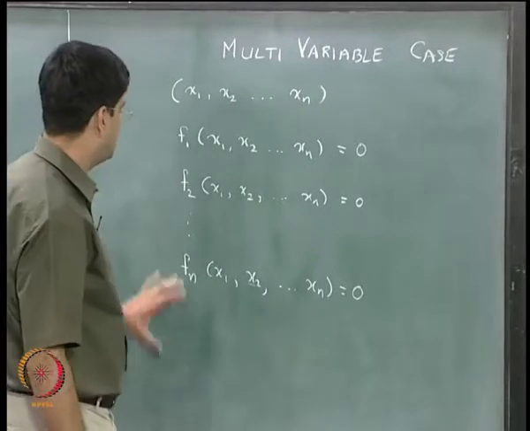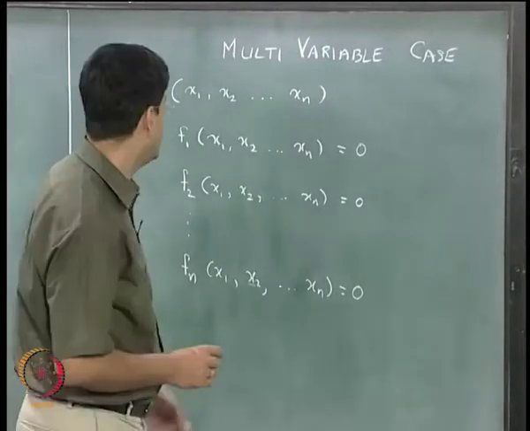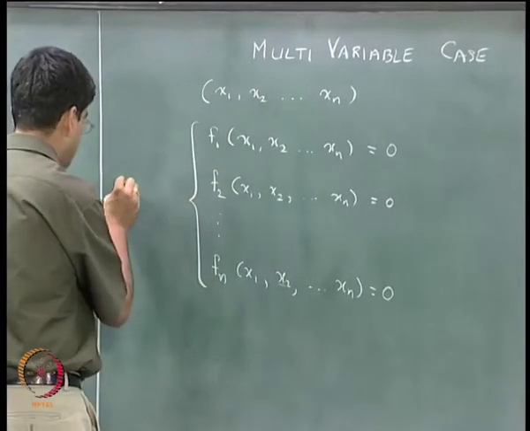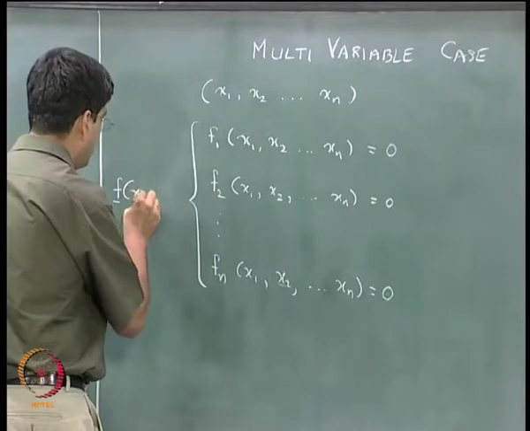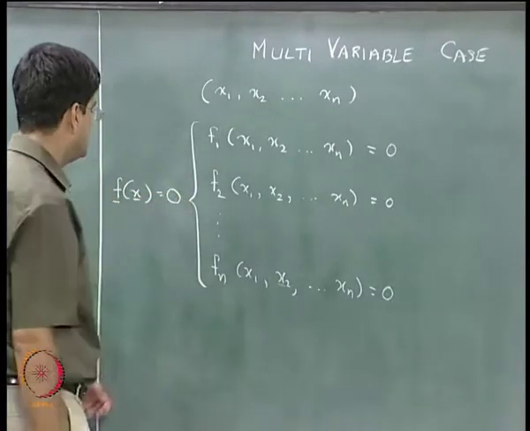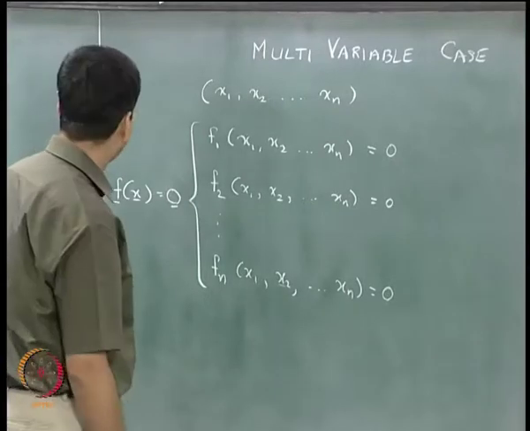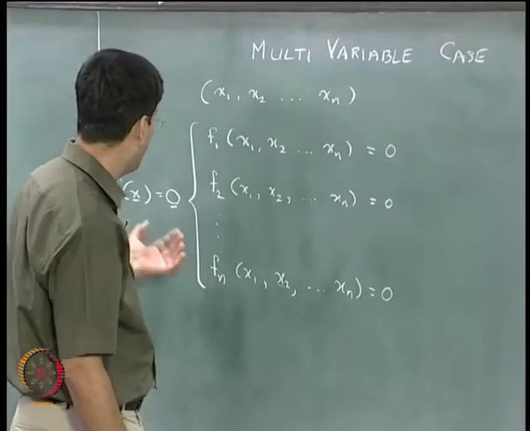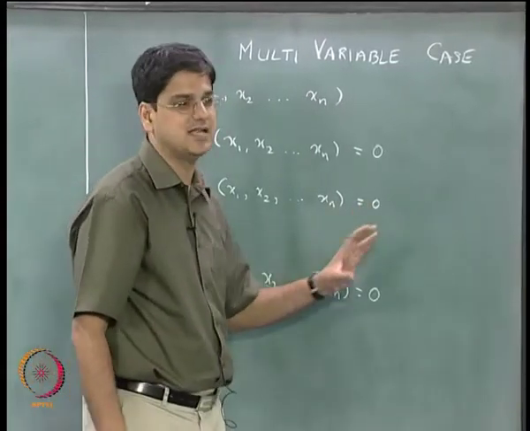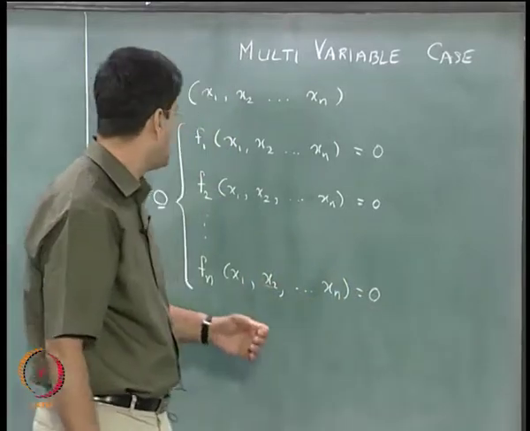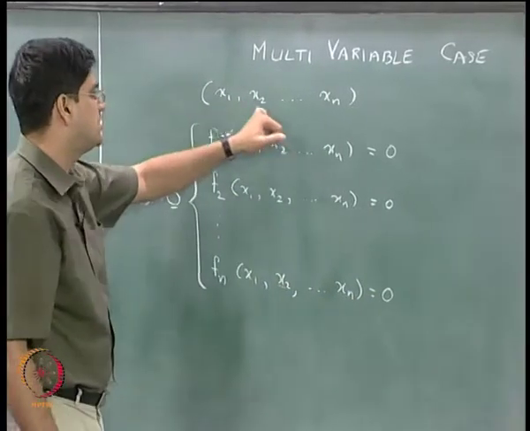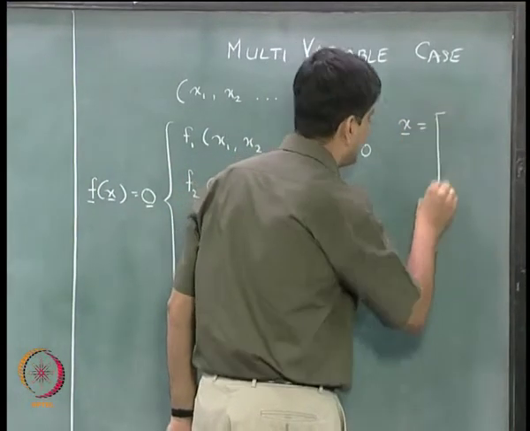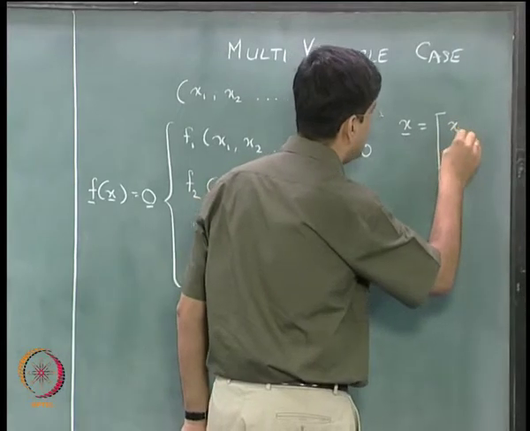Okay. So, these are the n equations in n unknowns, and the shorthand notation for writing all this is f bar of x bar equal to 0 bar. Oftentimes we will just write this as f of x equal to 0, and based on the context we will figure out whether this is a single variable or a multivariable case. What x bar means is nothing but x1, x2 up to xn, the same notation that we had used earlier in our linear systems part of the course.